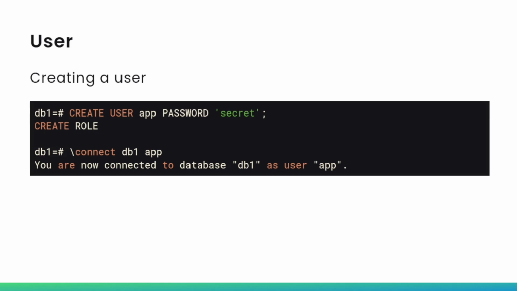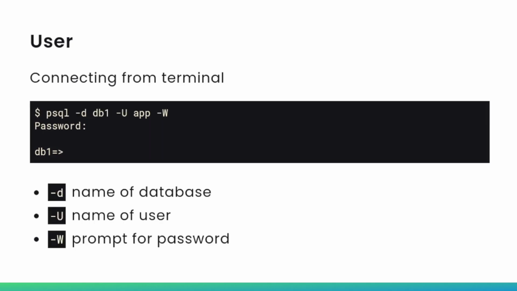Okay, to connect with this user, we're using the /connect command, which we saw earlier, but this time we provide both the database DB1 and the name of the user. In response, we get a very useful message saying that we are now connected to DB1 as user app. So when we fire up PSQL, we can also connect from PSQL directly using PSQL -d DB1, the name of the database, minus capital U, the name of the user, and minus capital W will cause PSQL to prompt for